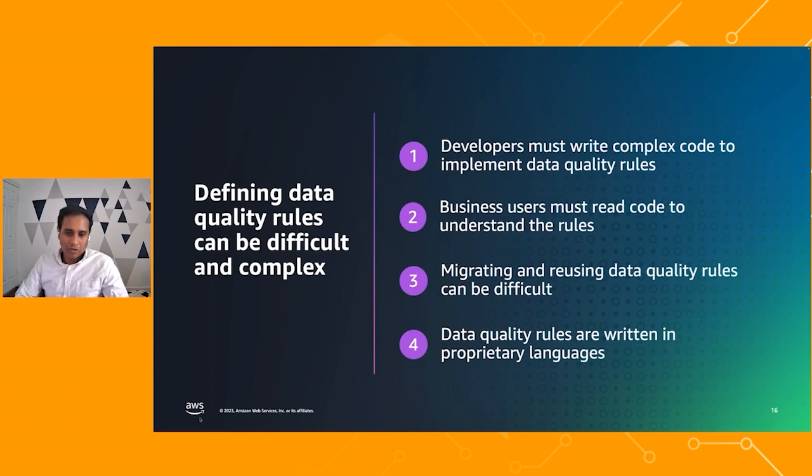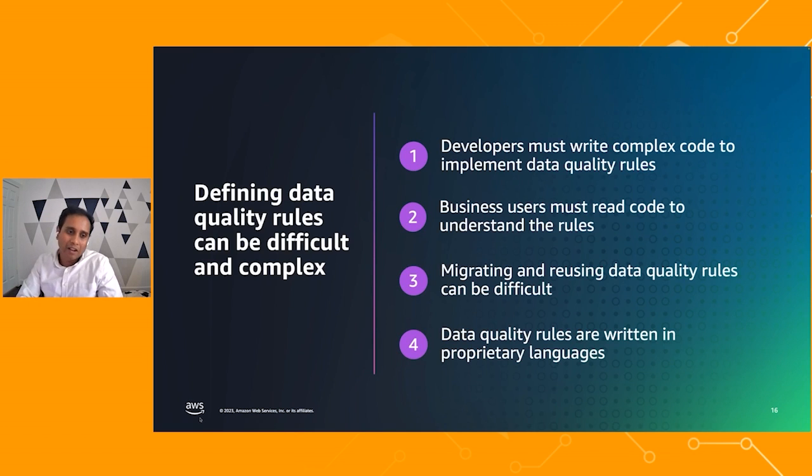We've spoken to so many customers who said, look, all I want to do is just look through my data. I have my own ways. If it's an integer, I want to do these checks. If it's a date, I want to do these checks. So really, wizards work great in some cases, but not in all the cases. Whereas the other alternative is JSON-based configuration files. It's really hard for business users to understand them.